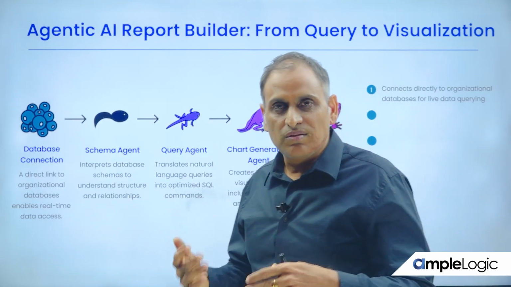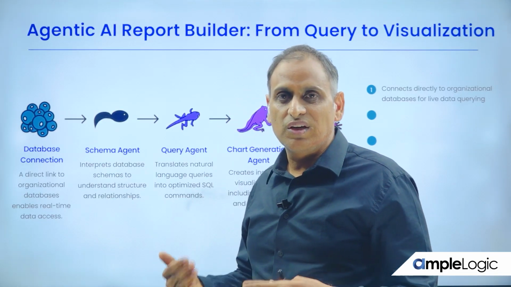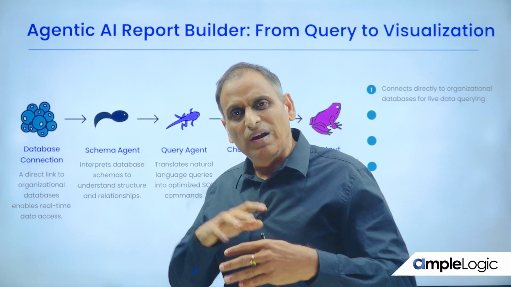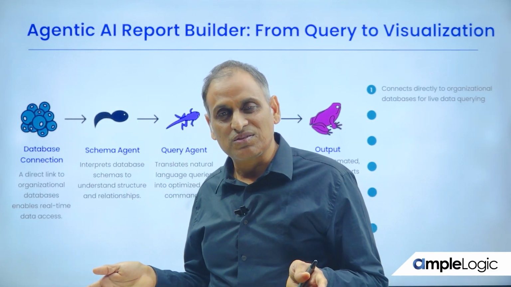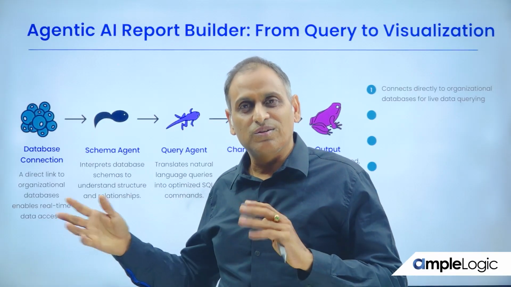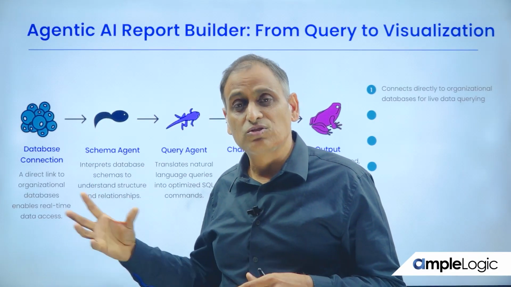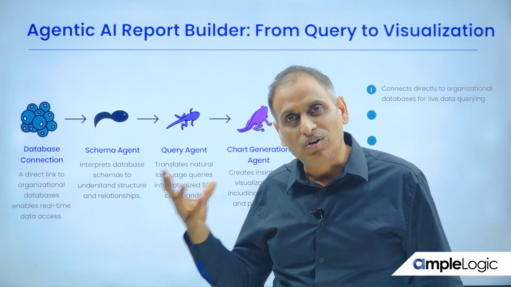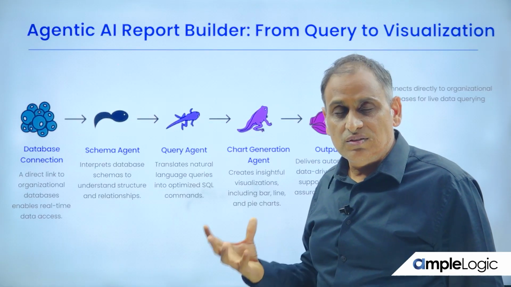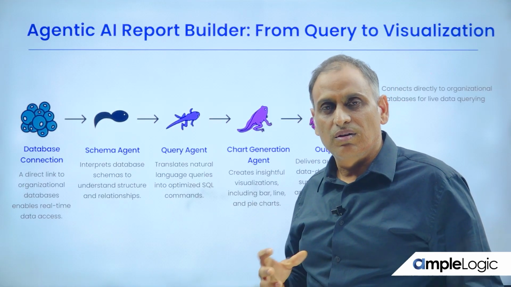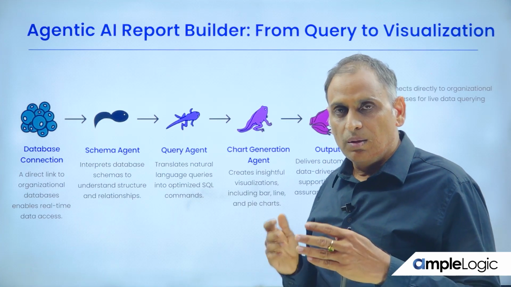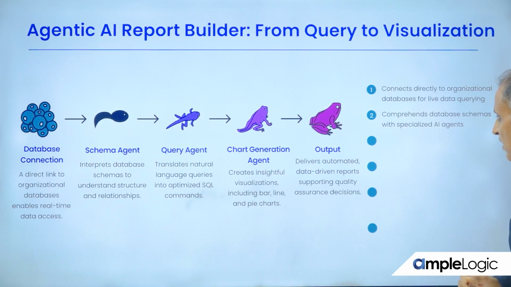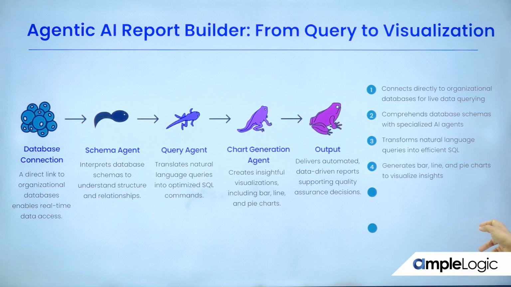But the report builder takes some time to get its own maturity, and depending on the multiple database schemas and the different complexity of the data, it's going to change, right? If the complexity of the data is more, then the model needs to be trained. This is the way your model gets its maturity. But otherwise, it can connect to any database, comprehend the database schemas with specialized AI agents, and transform natural language queries into efficient queries, and generates